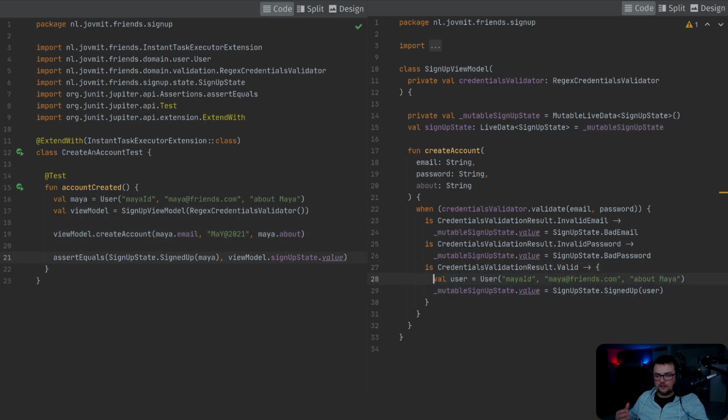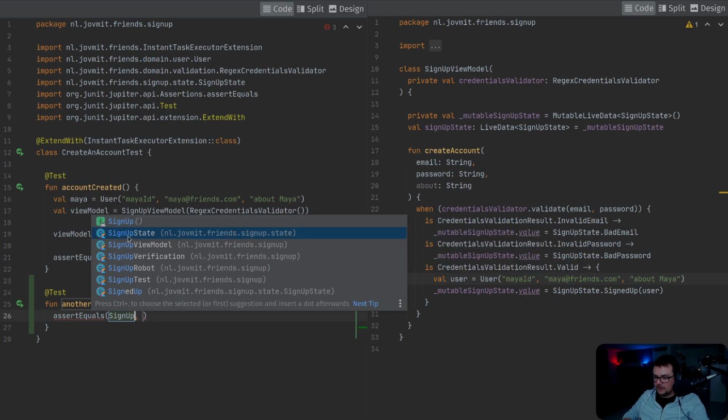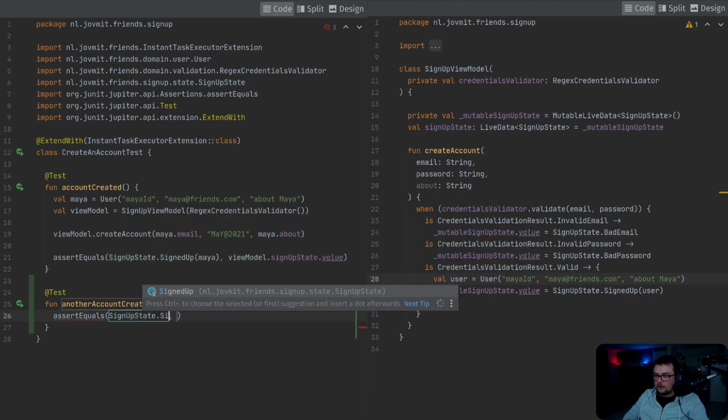So now we have a way to create an account. And then what's the next step? So basically, given other arguments, I'll have to be able to create a different user, right? So basically, I have to start triangulating now. So let's go ahead and create another test. And it's gonna be something like, I don't know, another account created. And now I would say sign up state signed up,